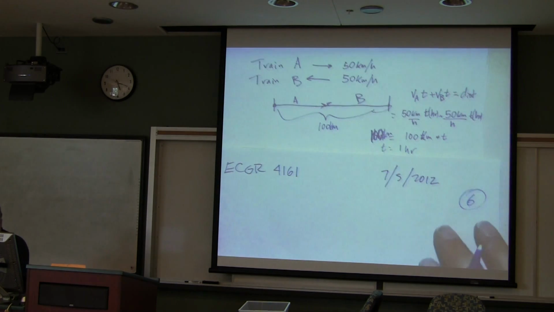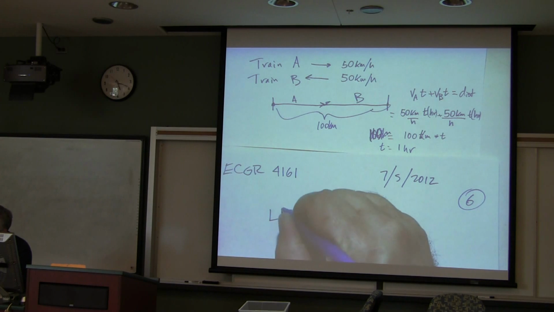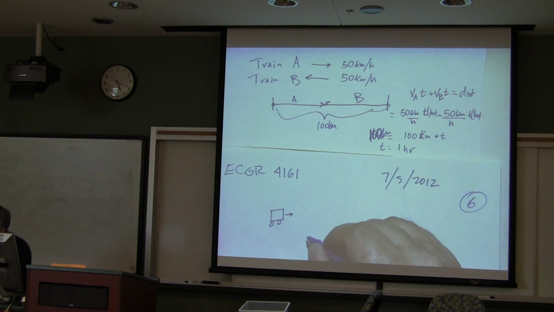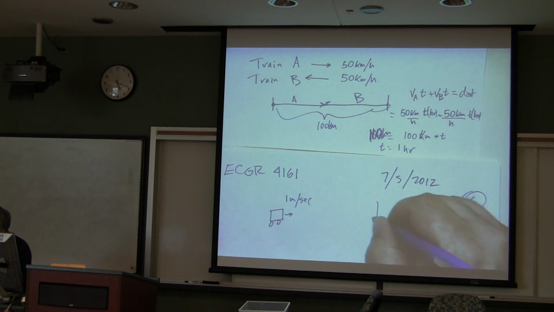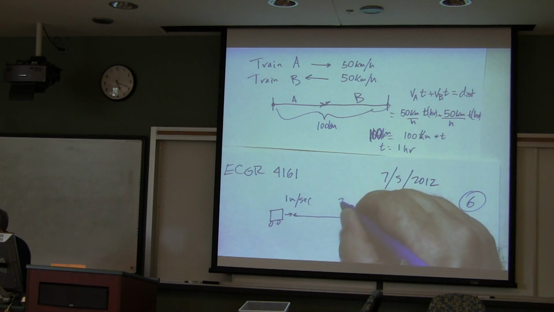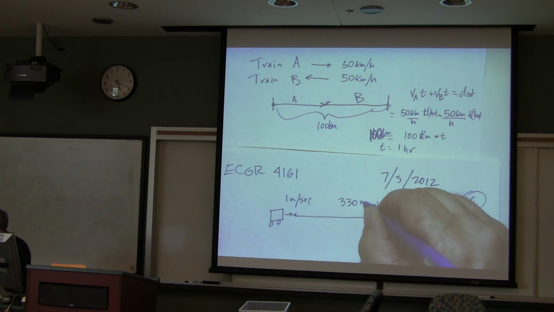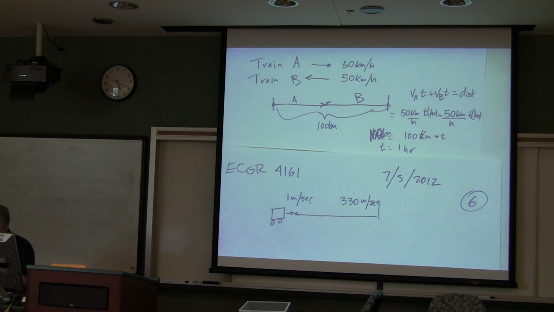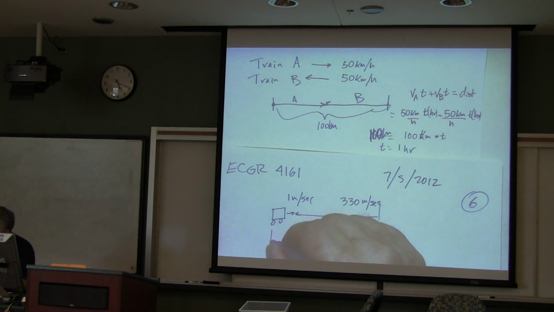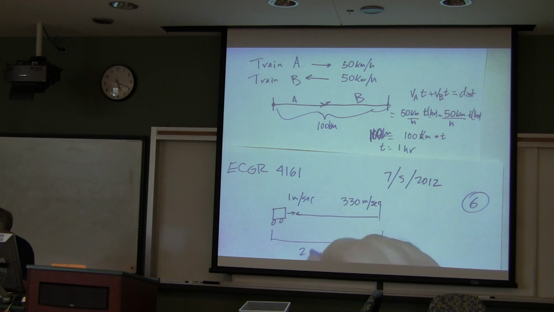So then we'll look back at our problem where we have this vehicle and it's still traveling in this direction at 1 meter per second. We have the wave traveling back this way at 330 meters per second. So the setup for our problem is going to be such that in that time, the distance that it's traveling